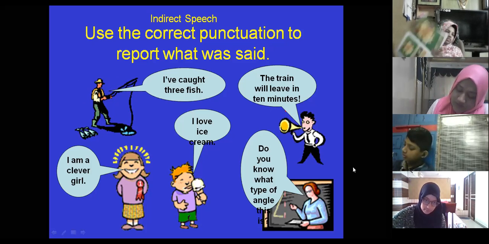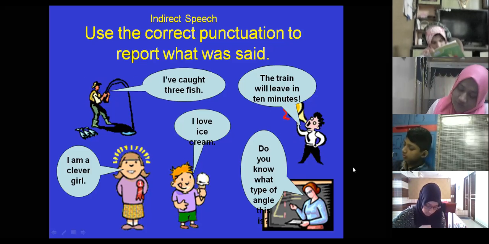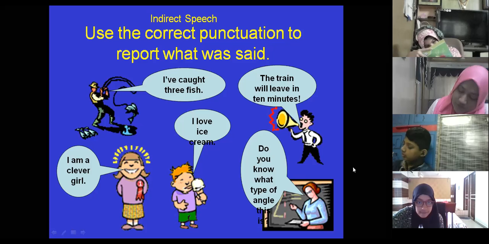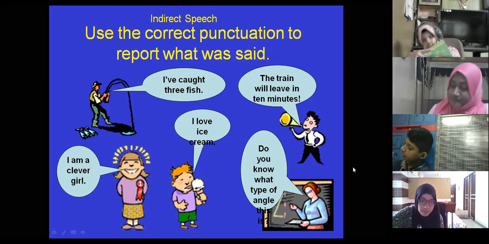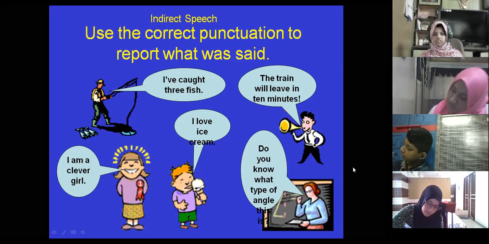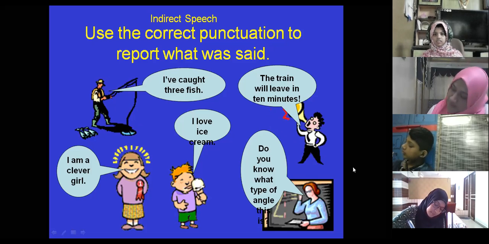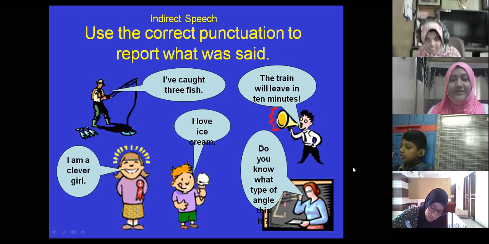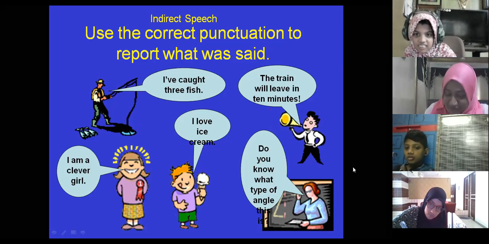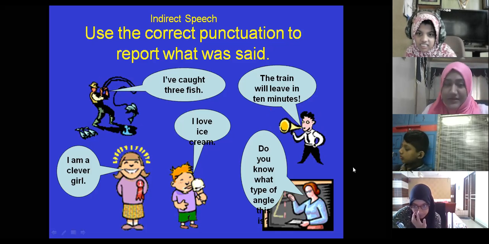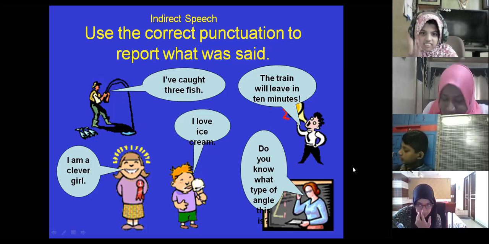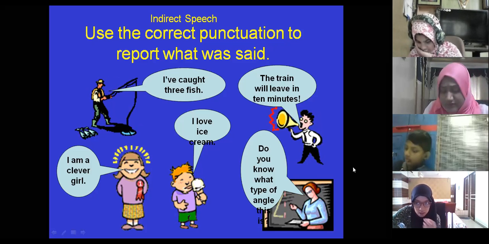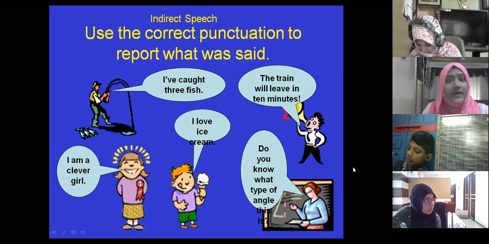She said that she was a clever girl. Hmm? Last one. I'm waiting for the last one. How will you make it an indirect? Saklan will tell us the last one, okay? The teacher said next. Keep quiet, Sophia. I asked that. Keep quiet, Amina.